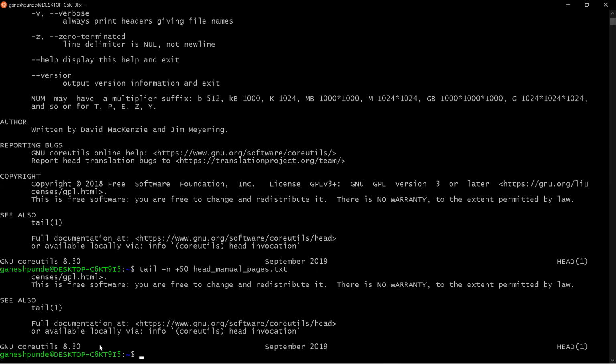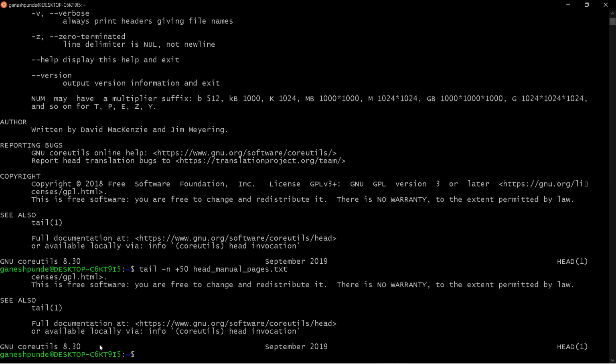So we saw the head command with number of lines and number of characters, and the tail command with number of lines and number of characters. Head and tail are exactly opposite to each other.